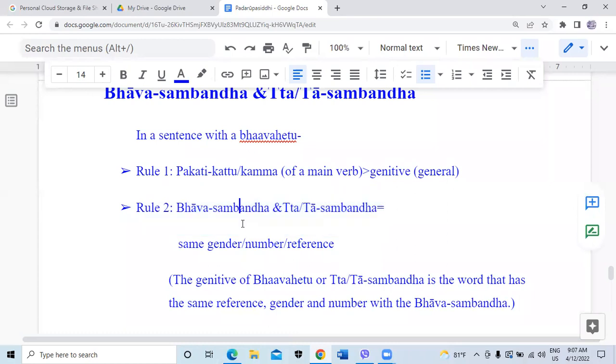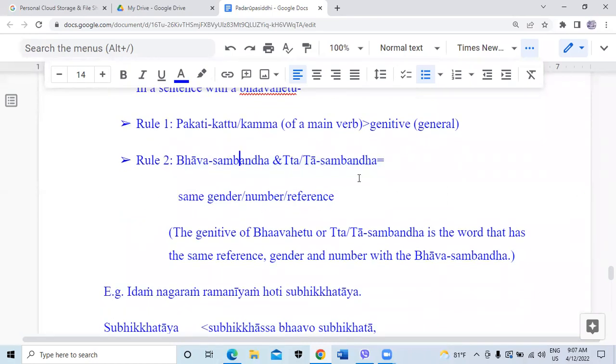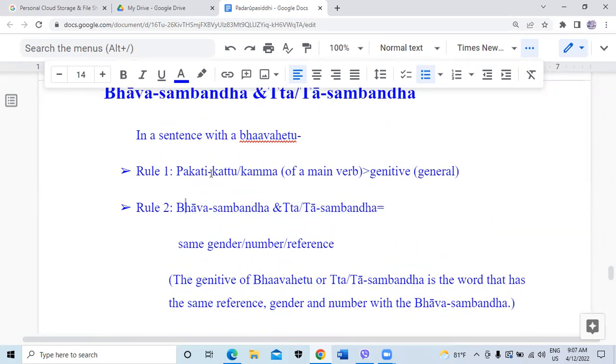But this is a little difficult and relatively hard to confirm the correct genitive of Bhāvataddhita, because we need to know the gender of